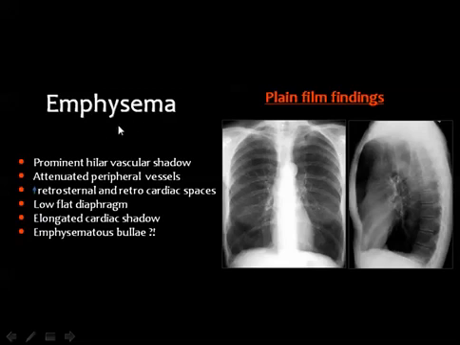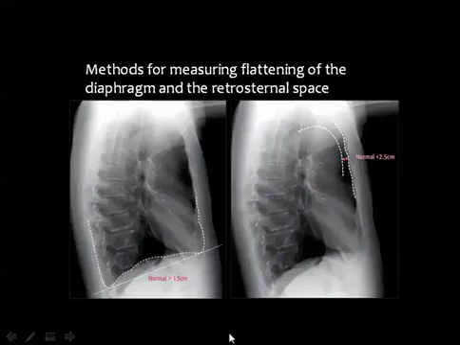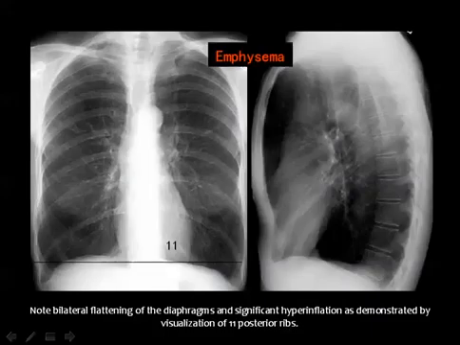Then the third one, we have finished the first one, histiocytosis. The second one, lymphangiomyomatosis. The third one is emphysema. And emphysema is a well-known diagnosis from the plain film. You got flattening of the diaphragm, widening of the retrosternal space, widening of the retrocardiac space, and prominence of the